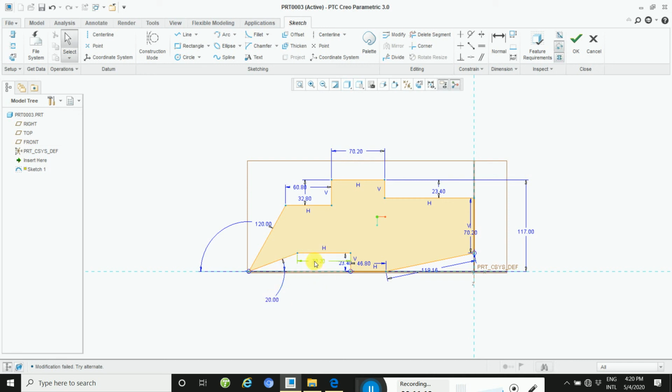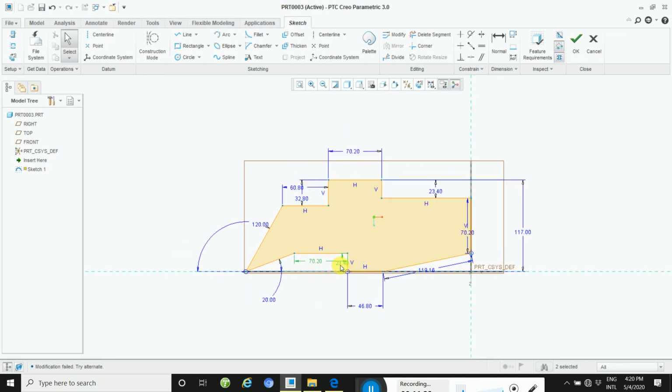Okay, and arrange the dimension outside. Okay, outside here, take a dimension outside. Okay, this way, and the dimension easily this way, outside the drawing, not inside the drawing.